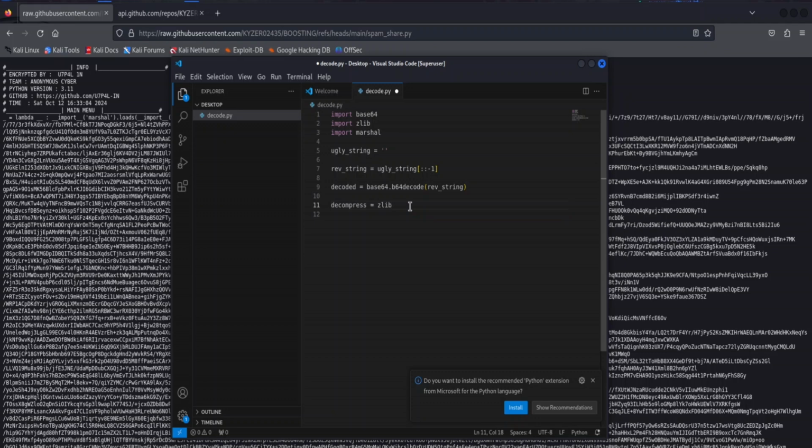I put it up earlier. So zlib.decompress, and we're decompressing the decoded. And then we can do the output, which should equal